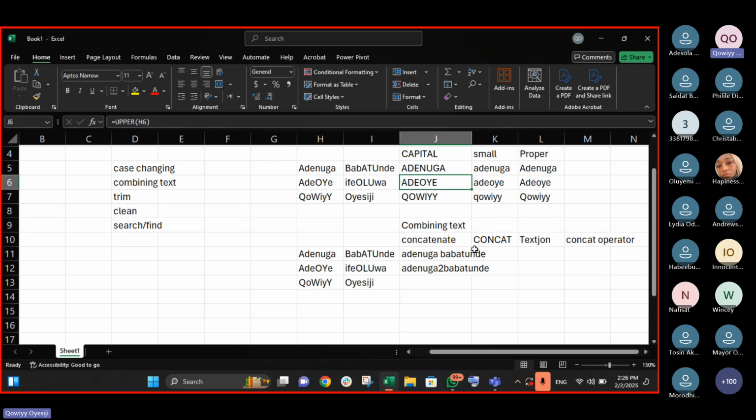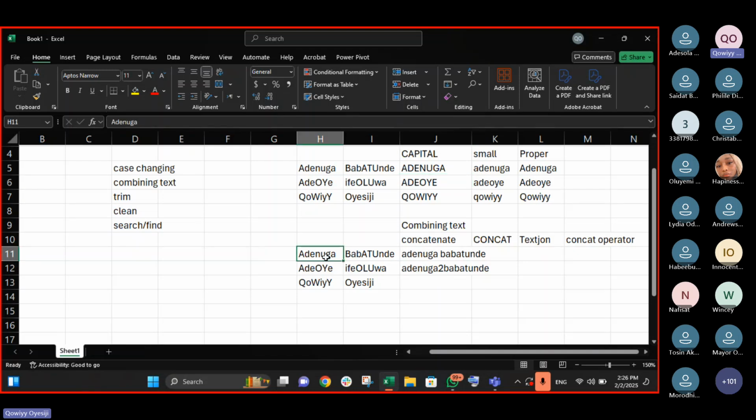If I want that thing to show in my results, I must make sure it is in quotation marks.